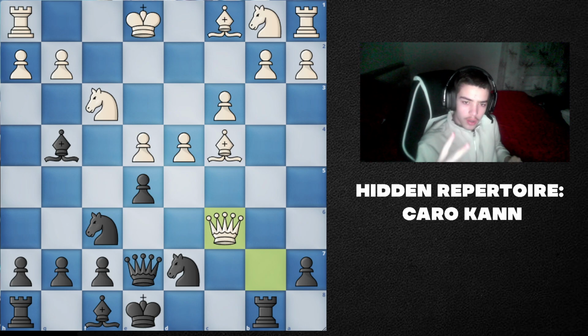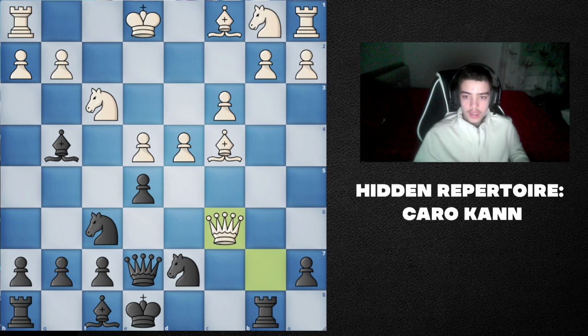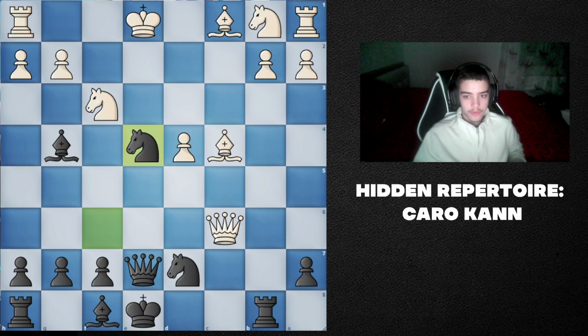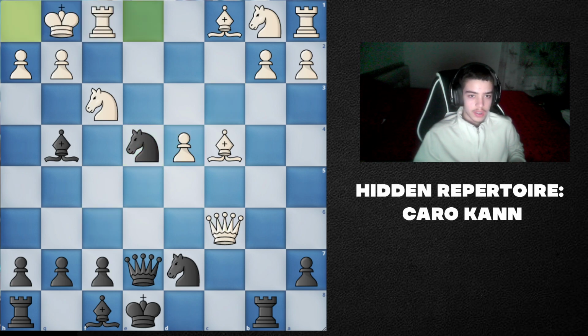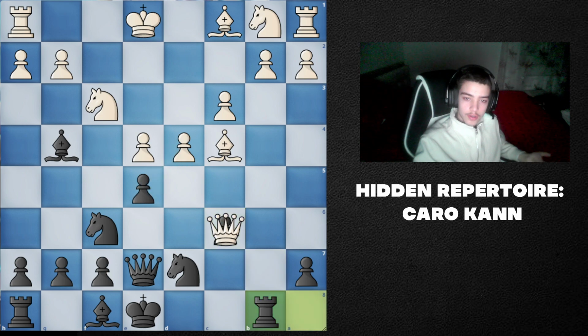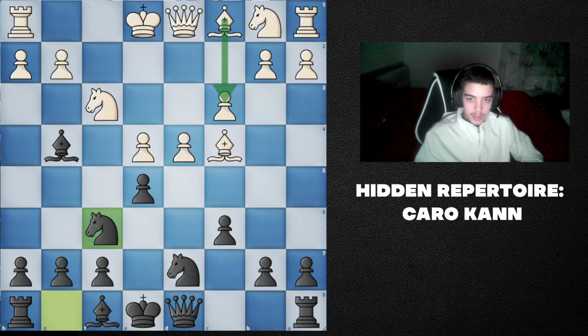They're up two pawns, and you can't really do anything in the center. If you ever take here, it's not really that good for you. This is already defended, as I said. And if you take this, you're going to get hit with castles, and you are simply going to lose the game as you cannot develop your bishop and castle your king to safety. Okay, you cannot castle your king to safety, and then you're in trouble. So what do you do there? If they ever play the move